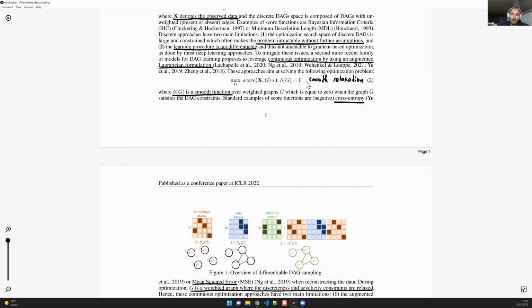So instead of solving one optimization problem, you end up solving a sequence of optimization problems, which makes the training process